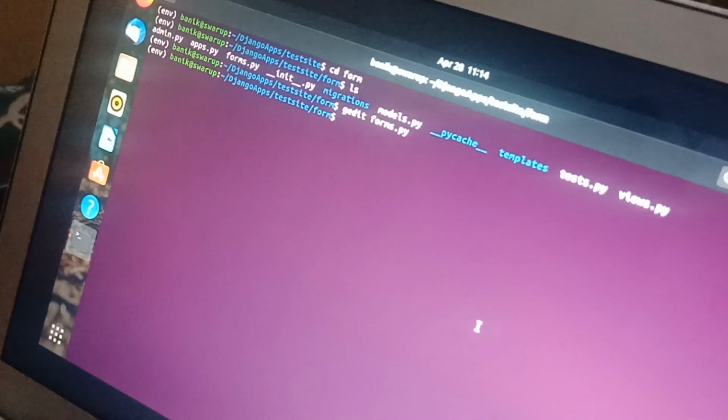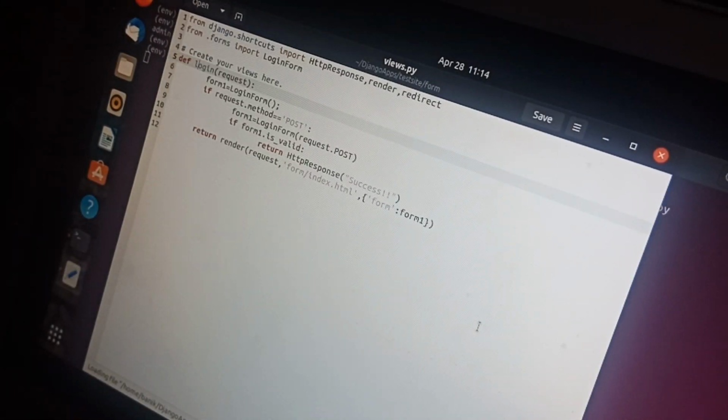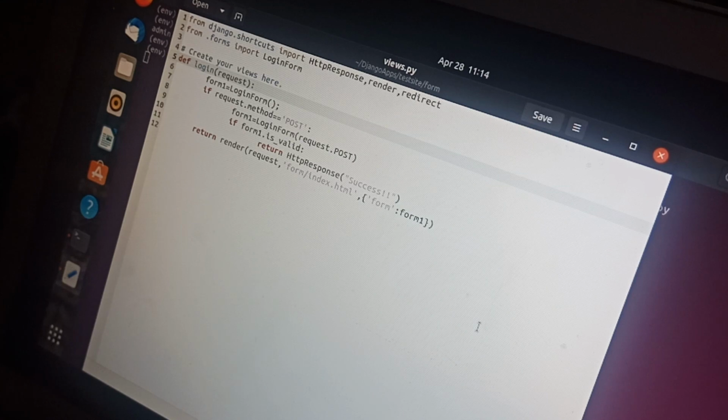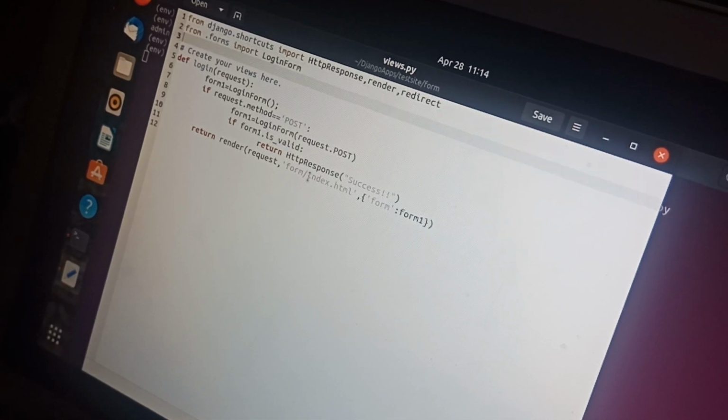I will go to gedit views.py. I have already written it so that we don't waste time. From django.shortcuts we are importing HttpResponse and redirect, and from .forms we are importing the login form.